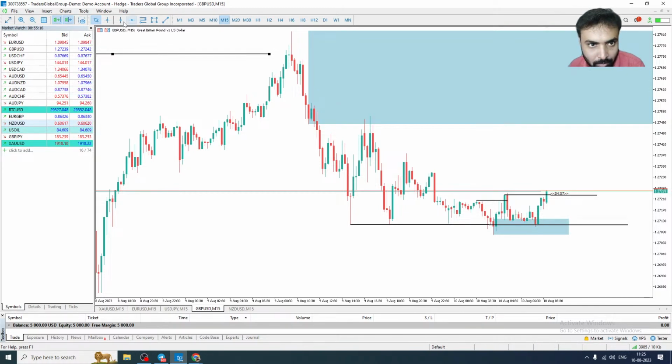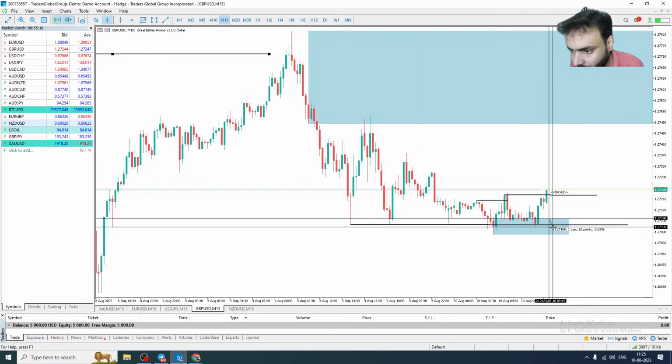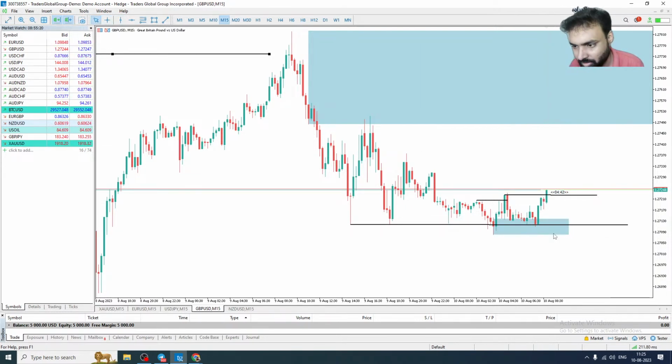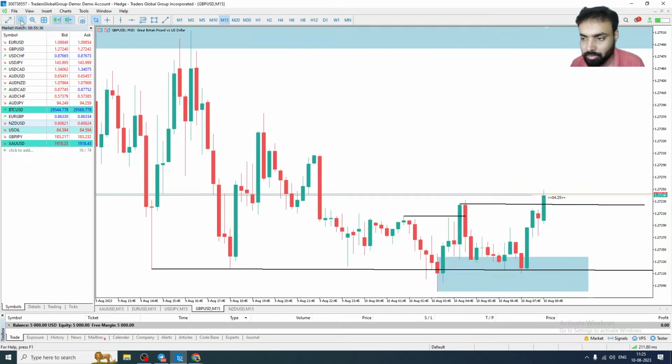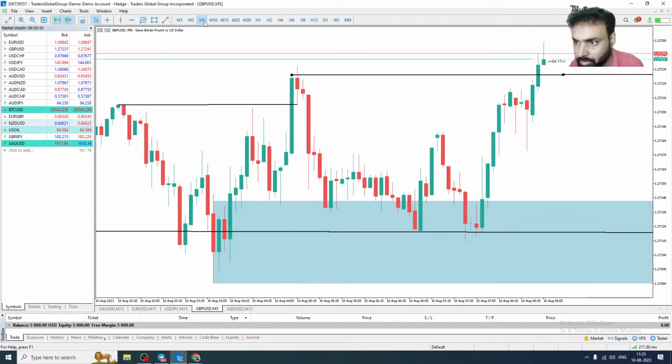So let us measure the stop loss. Total stop loss 55 points. So I think we can take a direct entry here and put the stop loss here. What I'm going to do is take a 1 mini lot trade by entry. But let's wait for 4 more minutes for the structure to break. You can go 5 minutes also. You can see it's already broken.